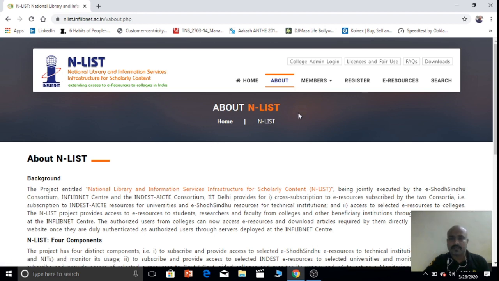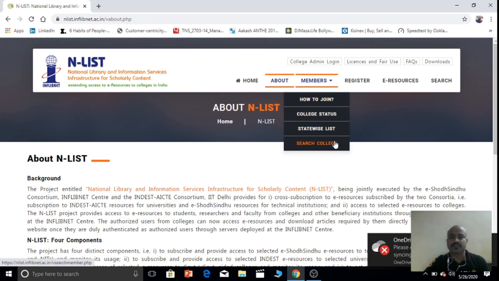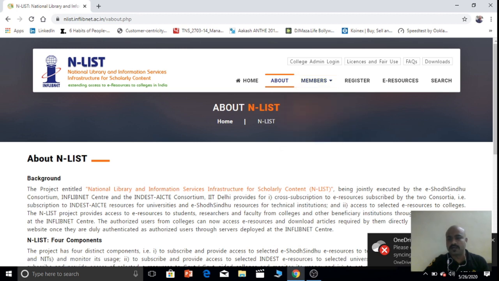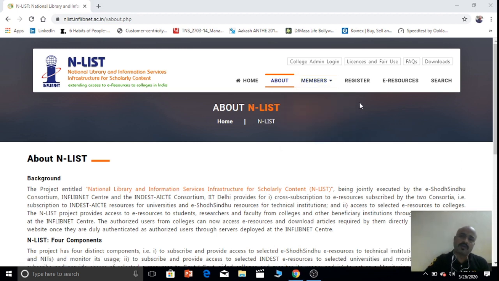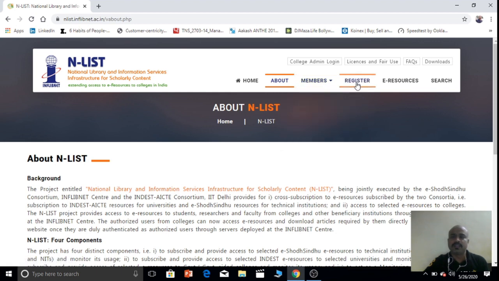Then the next tab is members. Here if you scroll down, you can see how to join, college status, state-wise list, search college. All these are for colleges. This option is only for colleges. Then the fourth option is register.